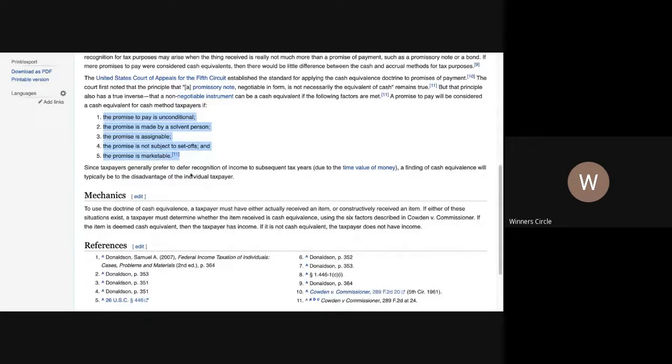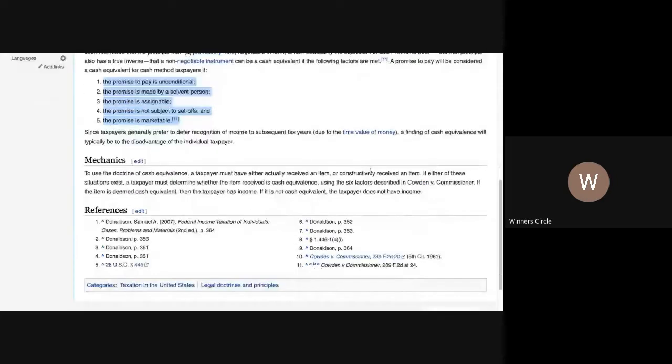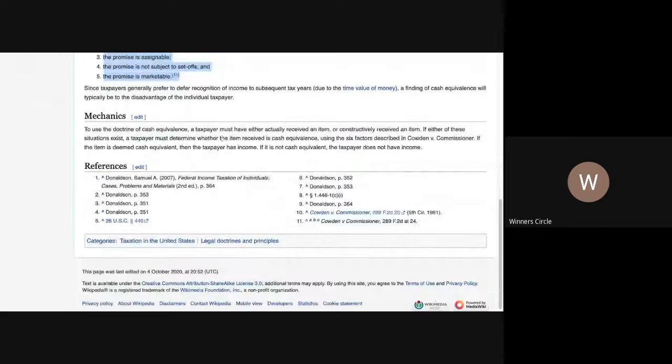since taxpayers generally prefer to defer recognition of income to subsequent tax years due to the value of money, and finding a cash equivalence will typically be to the disadvantage of the individual taxpayer. Not really. Now, if you understand how to file taxes and certain exclusions, you will understand how to get out of this. And you would actually want to get your taxes done quickly. So then you can get that off your books. But I'm not getting into that now because I can show you how to get everything tax free. It doesn't matter. To use the doctrine of cash equivalent, a taxpayer